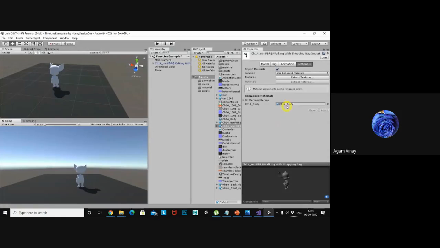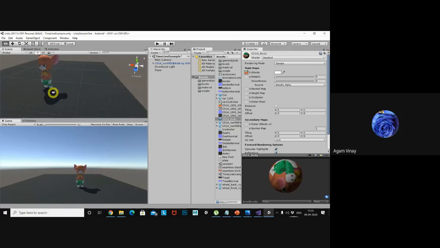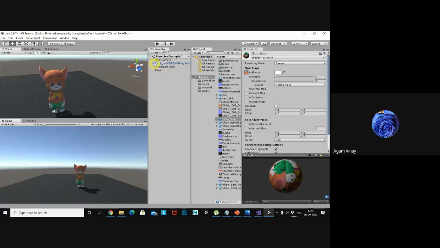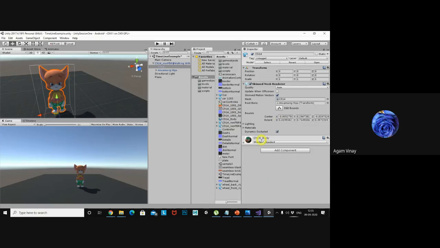As soon as I extracted my material, this is my material, with nothing defined yet. I want to add this albedo. Whenever you add albedo, the material is already attached to this character, so that's the reason it's already applied.